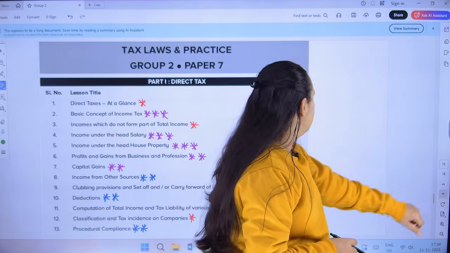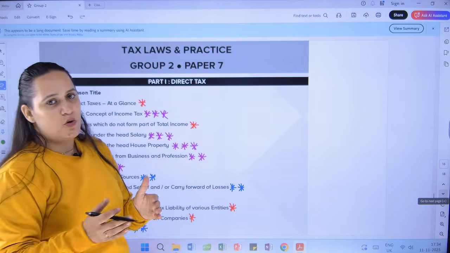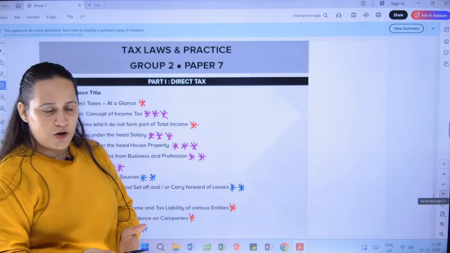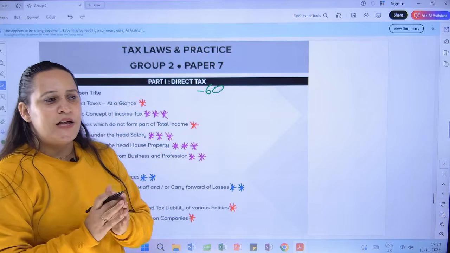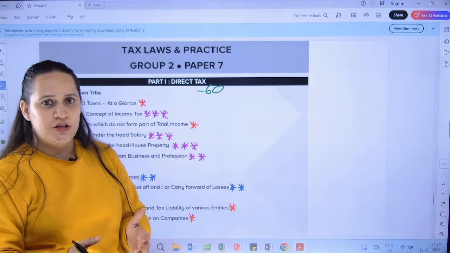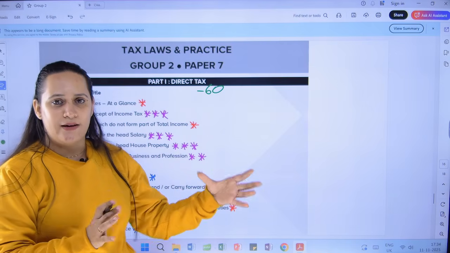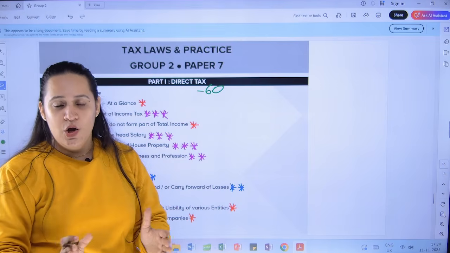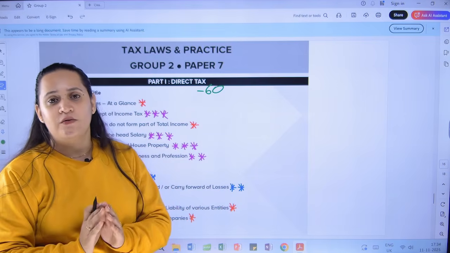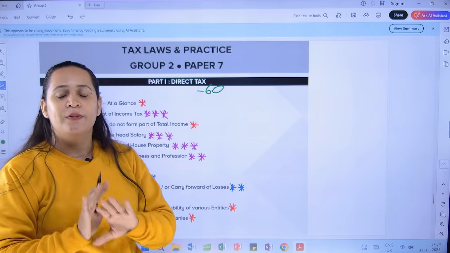Moving to the last subject, that is tax laws. Your tax laws is also divided in the ratio 60-40. 60 is for direct tax, 40 is for indirect tax. In this, I will not say what should be your preparation. Few students are very good and strong in direct tax. Few students are very strong in GST. So, whichever is your strength, whatever you find more interesting, whatever you are more confident with, you begin your preparation